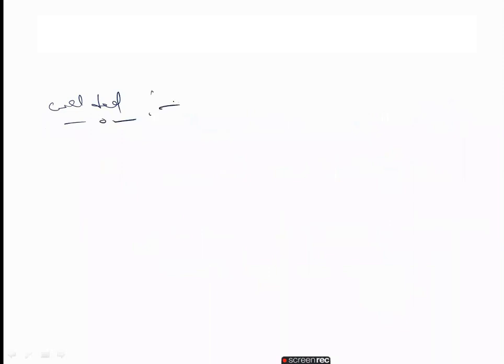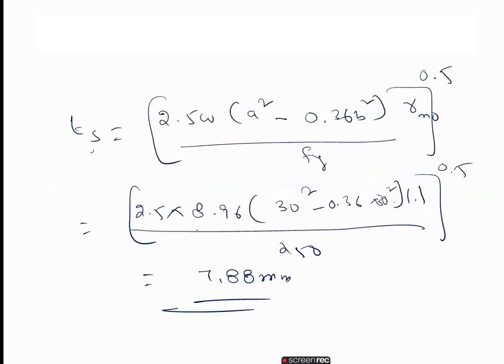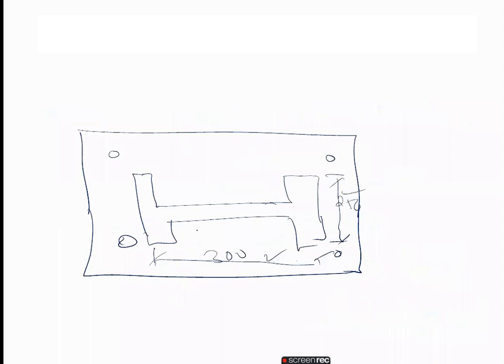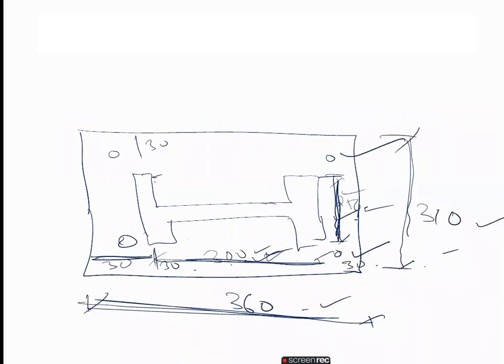Now coming to the welded portion. The column is properly machined and connected to the base plate. This is a fillet weld. Now we have to calculate the total length available for welding. How will we calculate this? Now I will open our diagram. If you observe here, this is the welding portion. Only the column is connected to the plate. So here, this is the welding portion. This is one side and 2 sides. So we are providing welding on 2 sides.